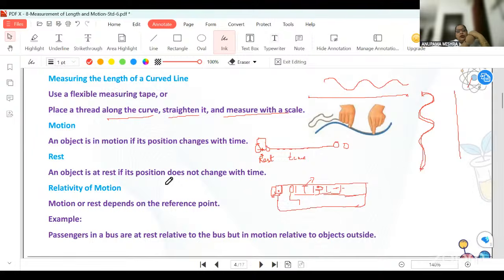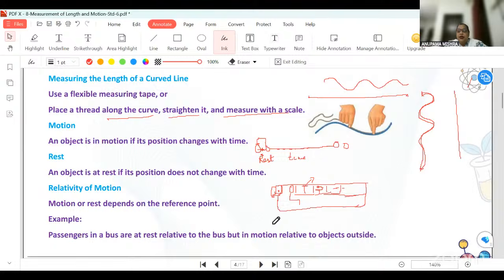नॉट इन अ रेस्ट। मोशन और रेस्ट टोटली डिपेंड करता है रेफरेंस पॉइंट को। रेफरेंस पॉइंट मतलब एक पॉइंट जैसे पता लगता है कि उसके रेफरेंस से हम बोलेंगे कि वो मूव कर रहा है कि नहीं मूव कर रहा है। तो इसके हिसाब से एक एग्जांपल यहाँ पे था कि पैसेंजर जो है बस में एट रेस्ट है रिलेटिव टू द बस, क्योंकि बस मूव कर रहा है, वो नहीं मूव कर रहा है। तो बस के हिसाब से वो रेस्ट है, लेकिन बाहर जो चीजें दिख रहा है ना, कोई आदमी खड़ा है, ट्री है, या फिर आपका इलेक्ट्रिक ग्रिड का वो पोल है, वो सारे उन चीजों के हिसाब से आप इन मोशन में रहते हो। ओके,